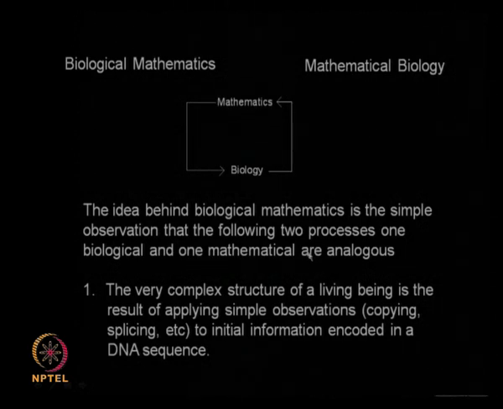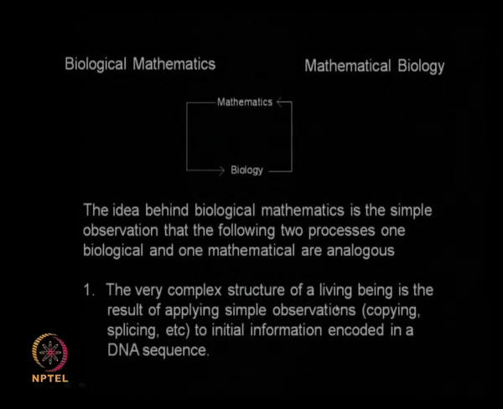And what is the motivation for this? You talk about mathematical biology and biological mathematics. What is this? In one way, mathematics tries to help biology, and in another way biology tries to help mathematics or computing. The reason or the comparison between these two models is the biological mathematics, a simple observation that the following two processes are very much analogous. What are the processes? The very complex structure